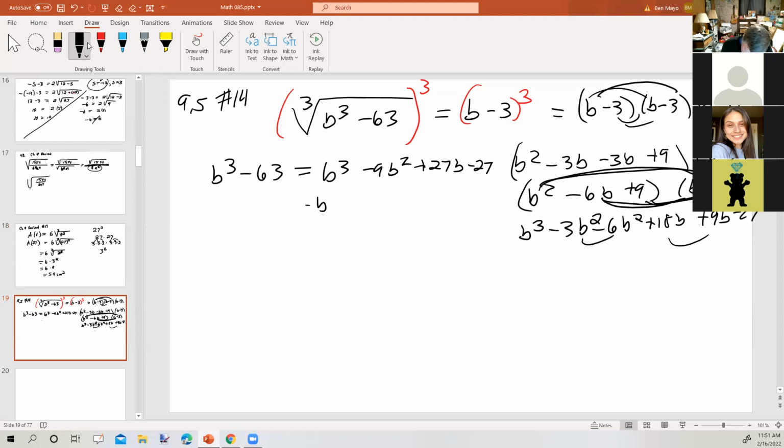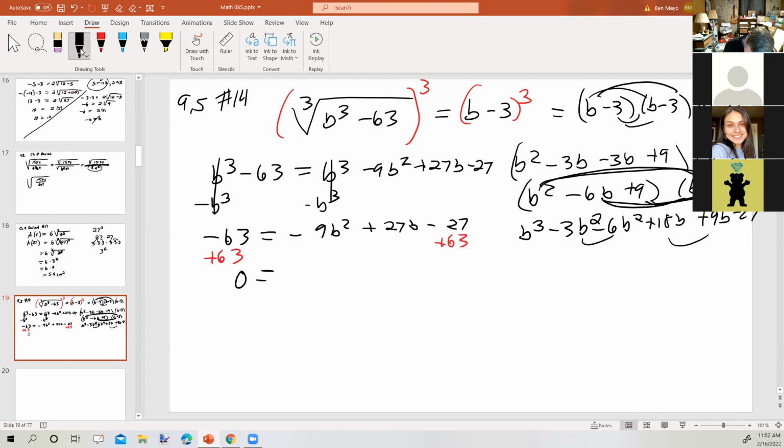So I'm going to subtract b cubed from both sides, which now gives me negative 63 equals negative 9b squared plus 27b minus 27. I'm going to go ahead and add 63 to both sides, which gives me 0 equals negative 9b squared plus 27b plus